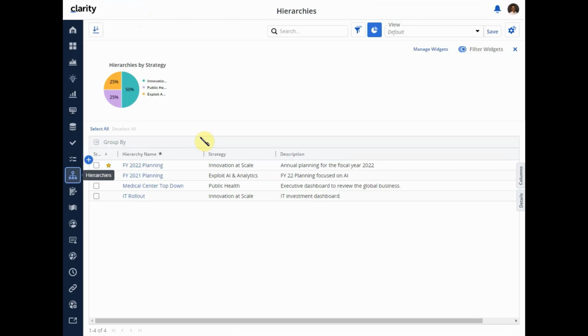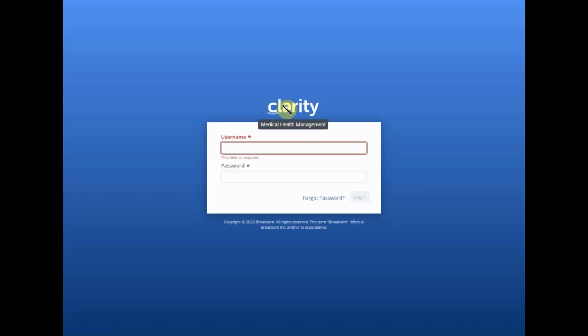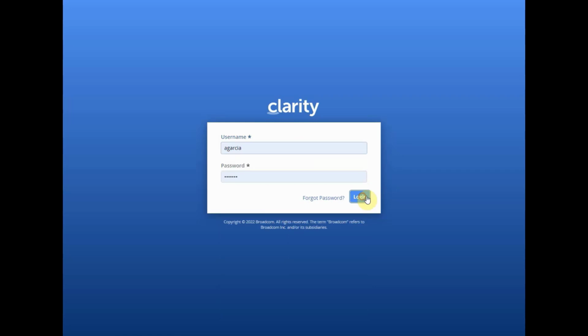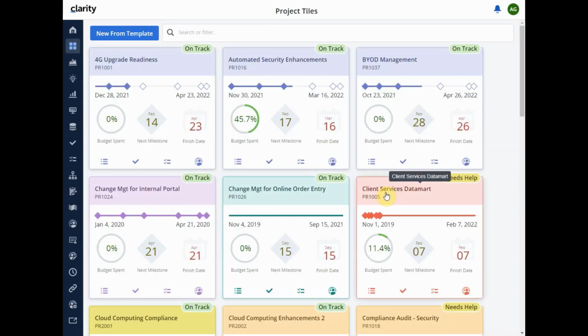The next piece that I'm going to show is the individual locale setting that I can do. For that, I am going to log in as a different user. So here I'm going to log in as a different user that wants to set his locale to Spanish. So by logging into the system, by default the user is set to English language with English locale. However, the user now can make their own changes by going into their settings in Modern UX,